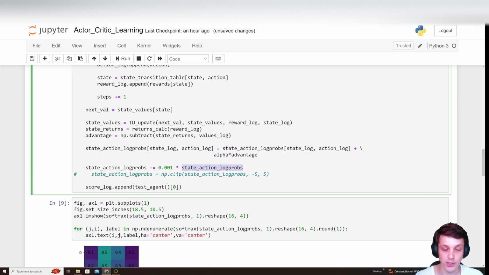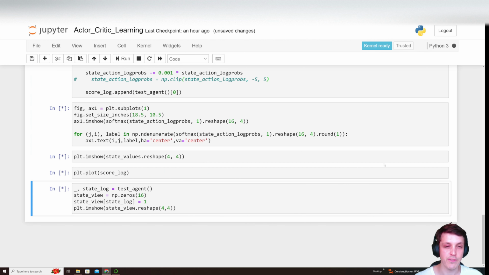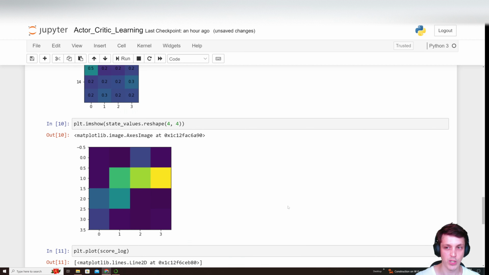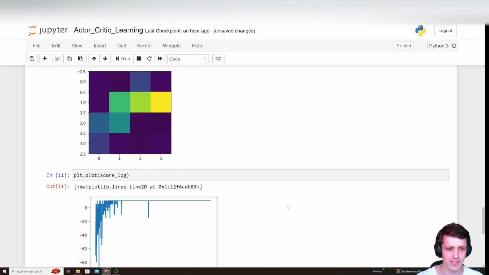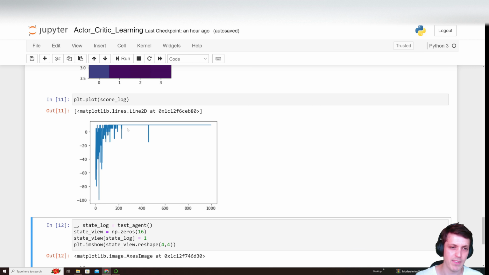So we're increasing the entropy of the distribution so that the distribution is flatter, and that means we'll take more random actions. So let's train with this. So it's just a different way of making sure that we're not taking too many of the same actions. We're not converging to taking the same action over and over again. You know what I mean? And there you go. So that small change has meant that we've converged a lot quicker and it's a lot more stable